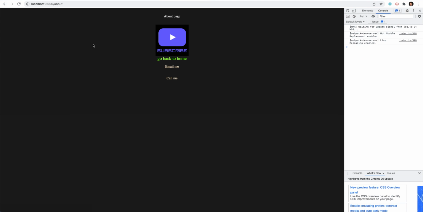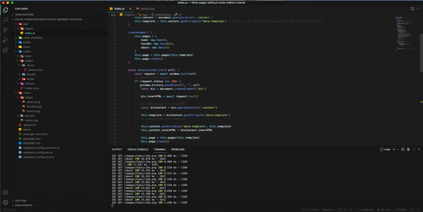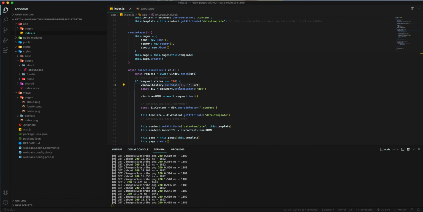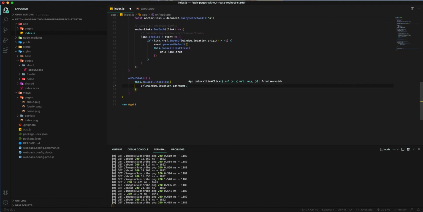Just one history entry is being popped, and to fix that, the issue is being caused because of this here. So we need to make sure that this thing right here is only called when we are actually directing to the pages, using this link click. When we do the back button, we don't want to push that state, push that URL to our history. And to do that, we're just going to define a new